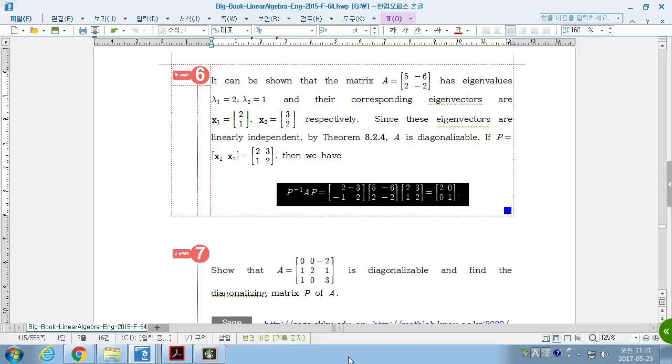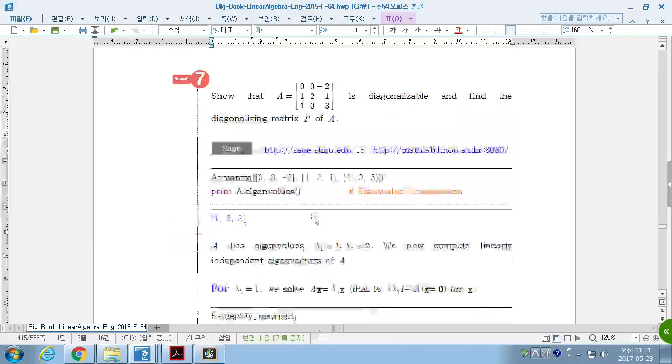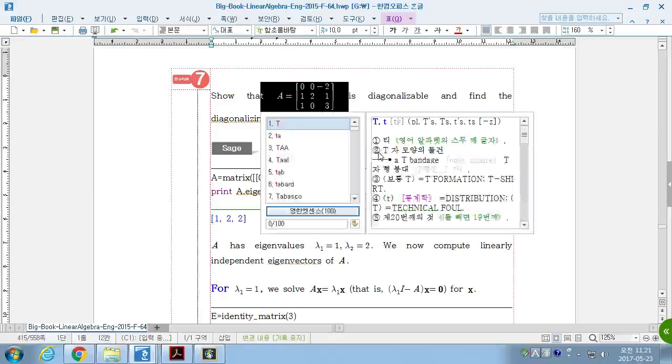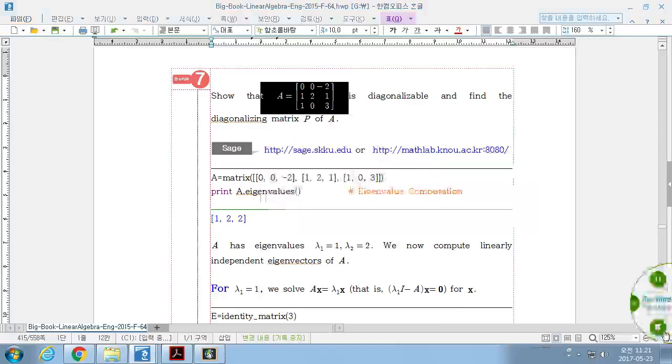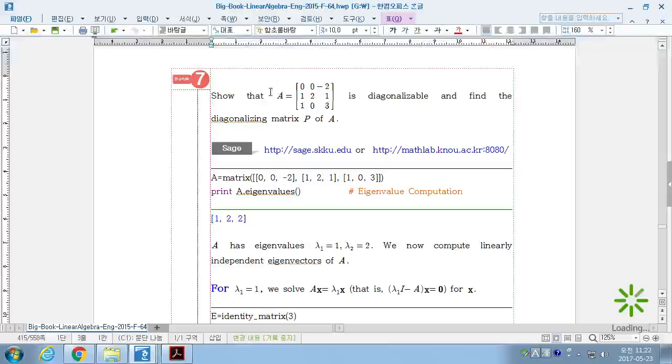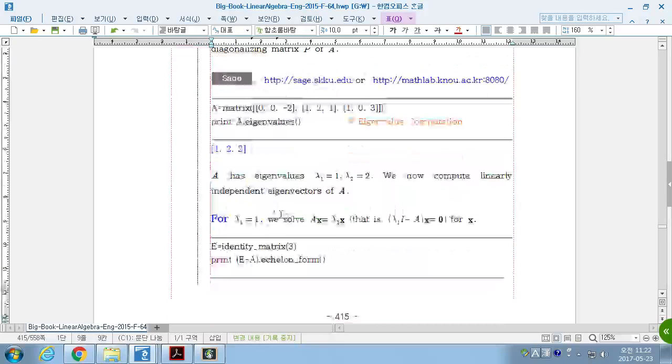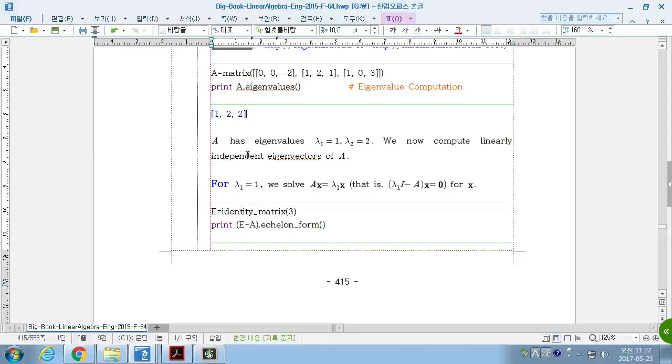That's it. Okay? If you have a 3x3 matrix like this, then what can you do? For this 3 by 3 matrix, you find the eigenvalues of this matrix. So you have 3 eigenvalues, 1, 2, and 2. You have 2 distinct eigenvalues, but 3 eigenvalues, okay? So let's say λ1 is equal to 1 and λ2 is equal to 2.